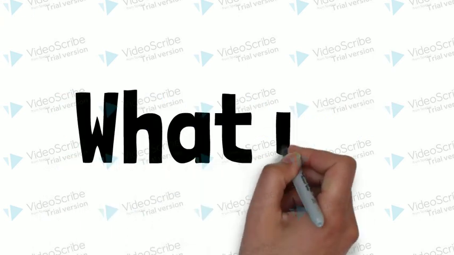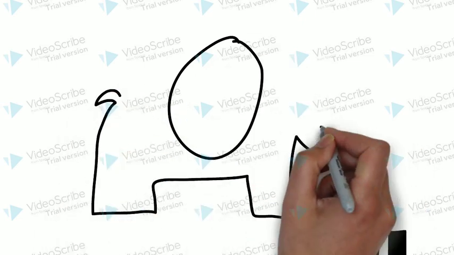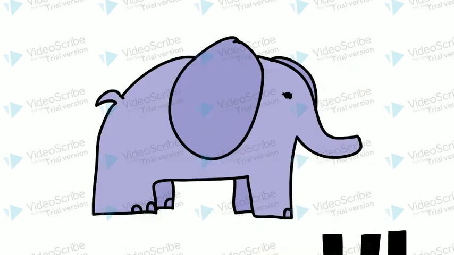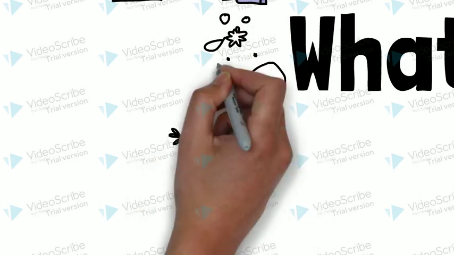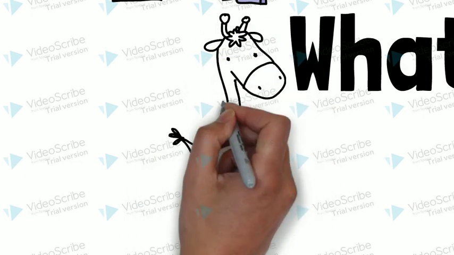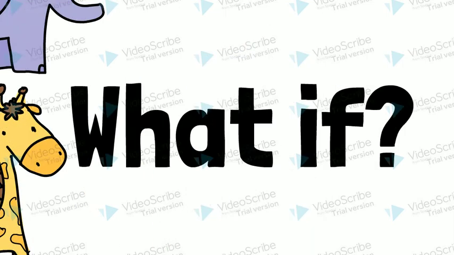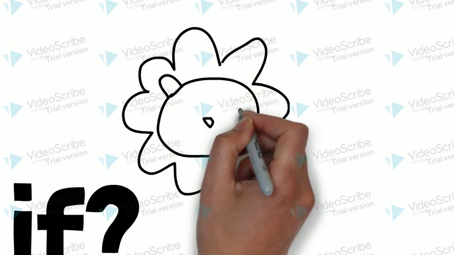Another great game is the what if game, where you ask children a question and have them think of as many different solutions to the problem as possible. The solutions do not have to be realistic, nor do the choices, but the main idea here is to get children to think about and realize there are many different ways to respond to a situation.